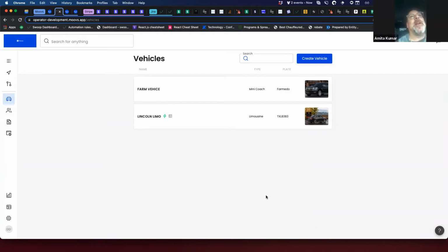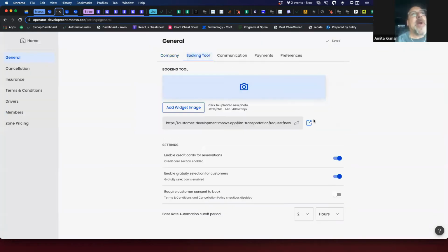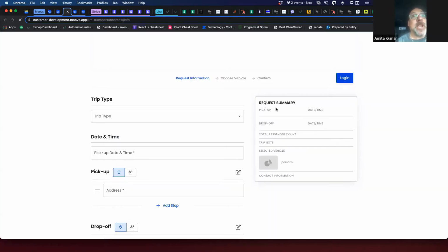But the operator has the option to either allow that vehicle to do a transfer at whatever rate he has set, or the ability to disallow a transfer. So it's not working against you, because the operator, in essence, is setting the parameter, saying, yes, I'll allow this vehicle to do a transfer. So therefore, the customer will get a transfer rate. If he has hourly checked, then they're only going to get an hourly rate. They're not going to get a transfer rate. So the operator has that ability to allow his vehicle to do whatever they want to do. See what I'm saying?